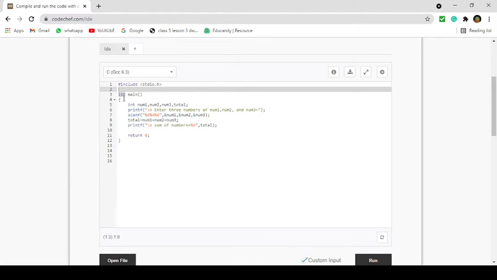Now next, the int main function is the starting point. From here the compiler will know from which place the compilation starts. So first of all, you have to decide which type of values you want to enter in the C program.